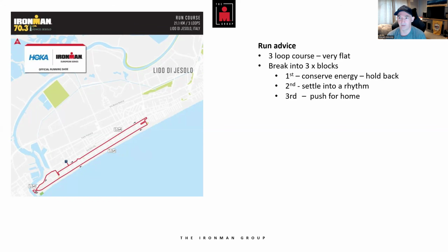You're still licking your lips at your bike split, going, "Whoa, yes, I've never done that before." And then you go, "Wow, okay, keep going, hold it back, conserve yourself," because you run the risk of going out too hot and blowing up. You should have fueled very well for the run on the bike. Again, I'll talk about this in a slide later on. But it's also key to fuel and hydrate on the run, because it will be getting hot at this stage. Second loop is when you start getting into your rhythm,